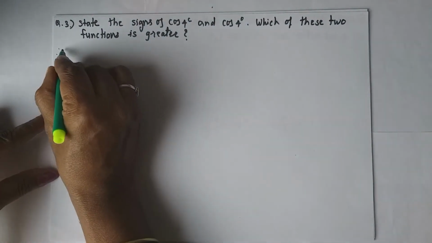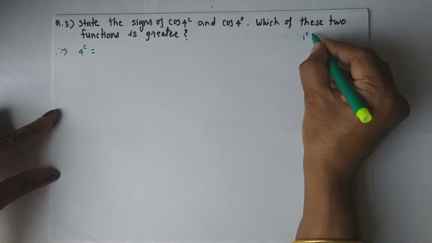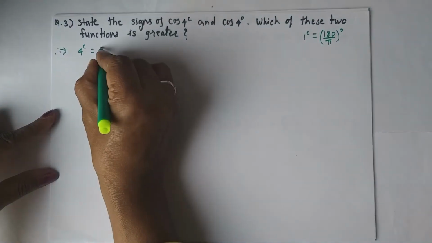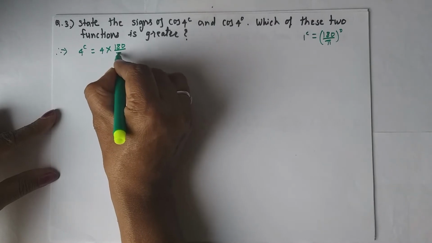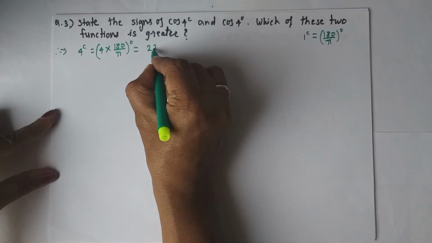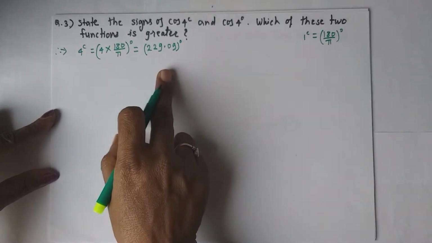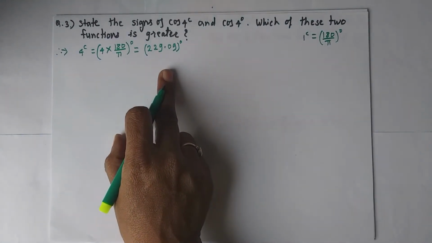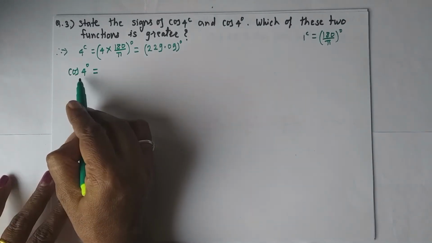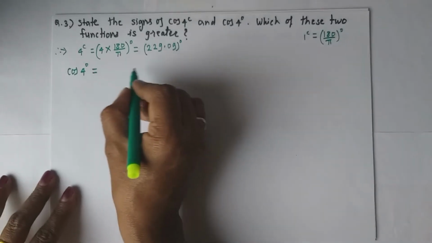We will convert this angle 4 radians into degree, and we know that 1 radian is equivalent to 180 divided by pi degree. Okay, I will multiply this 4 by 180 by pi, then I will get this angle in degree. And how much degree is it? If I calculate, this is 229.09 degree. You calculate this. After calculation, this will be 229.09 degree. Now see, both the angles are positive here. Cos 4 degree means in the first quadrant, and in first quadrant all the functions are positive. Okay, therefore this will be positive.